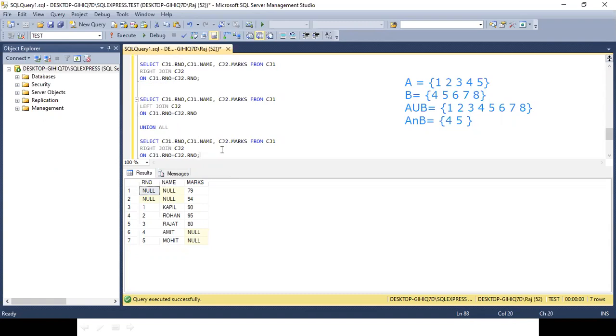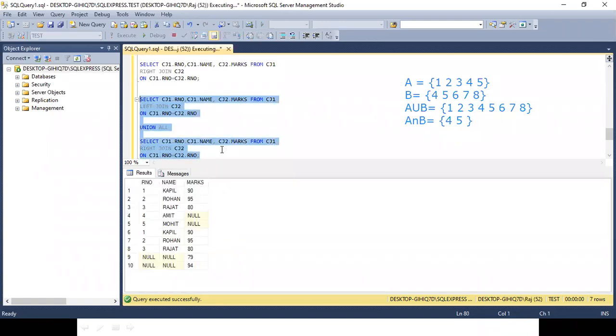See this and try to highlight the difference. What is the difference over here? A union all B. In this you can say Kapil, Rohan, Rajat, Amit, Mohit, and again Kapil, Rohan, Rajat. So there will be duplication, repetition.